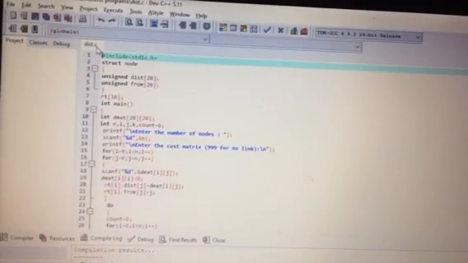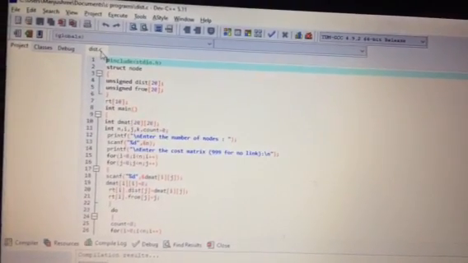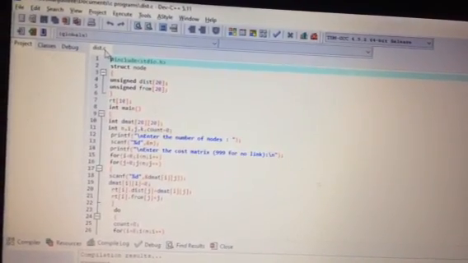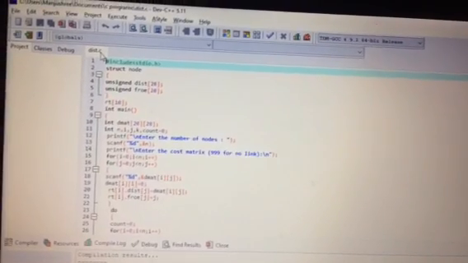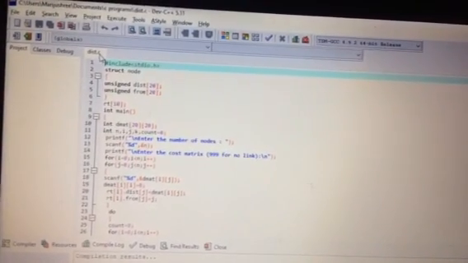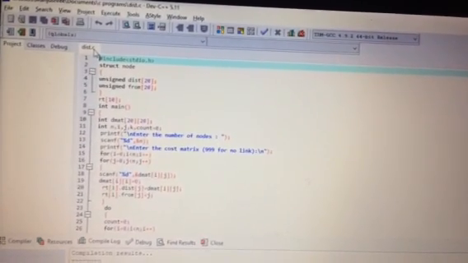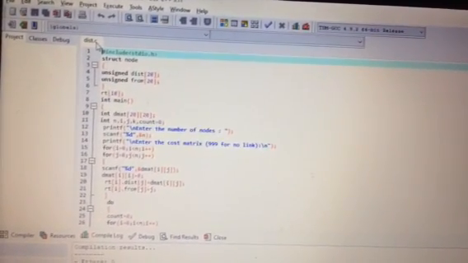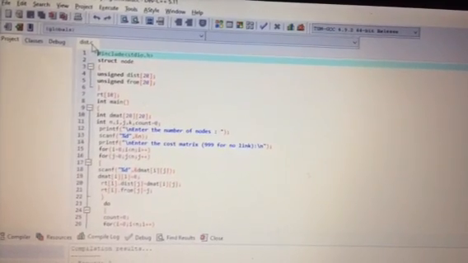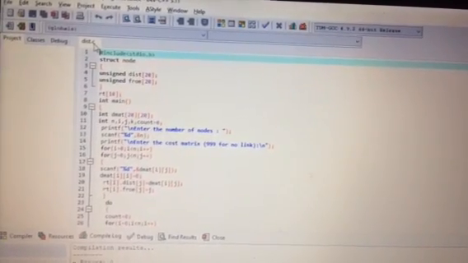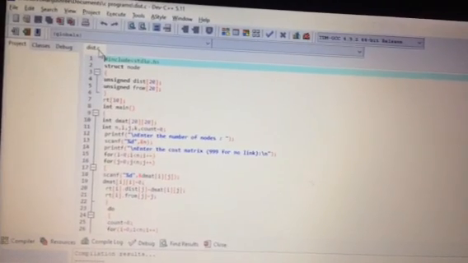So this is the first video. In this video I am going to explain how to execute the program: after typing, how you have to execute and how to see the output. In the later videos, I am going to explain what is meant by distance vector routing and the logic of the program. For now, just understand what distance vector routing is.